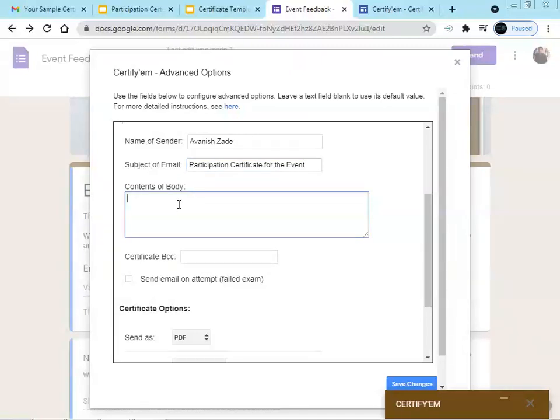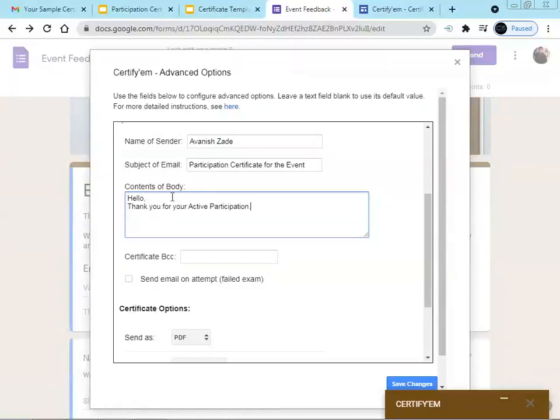Now in the body part we have to specify the text. You can specify text of any length. So we are going to write hello, thank you for your active participation.